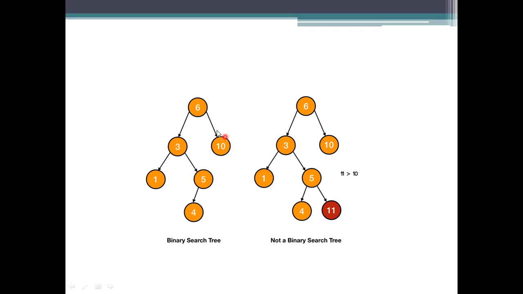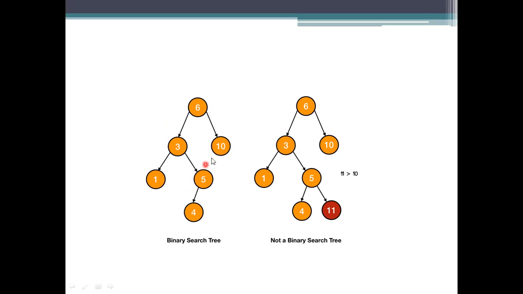See here. We are taking the element 6 as the root node. Once the root node has been taken into account, the elements less than 6 should be placed at the left, and the elements greater than 6 have to be placed at the right side. Whether this is balanced or not, we are not seeing.